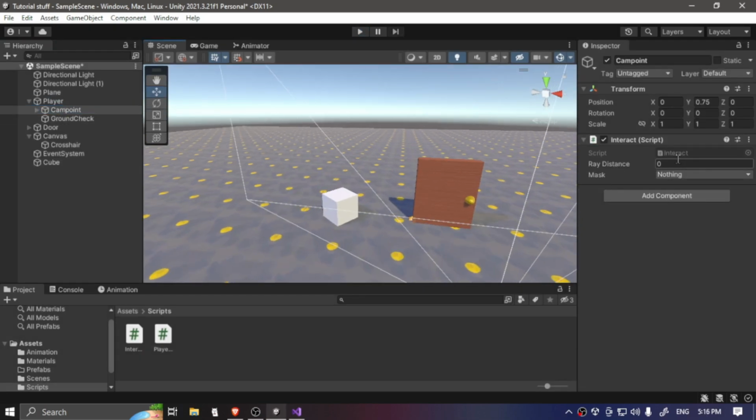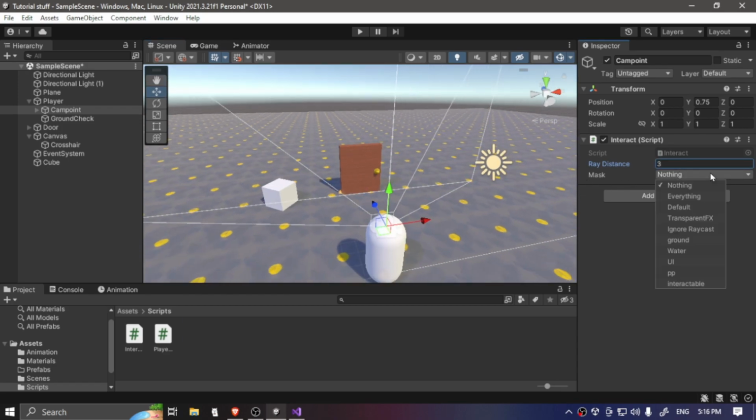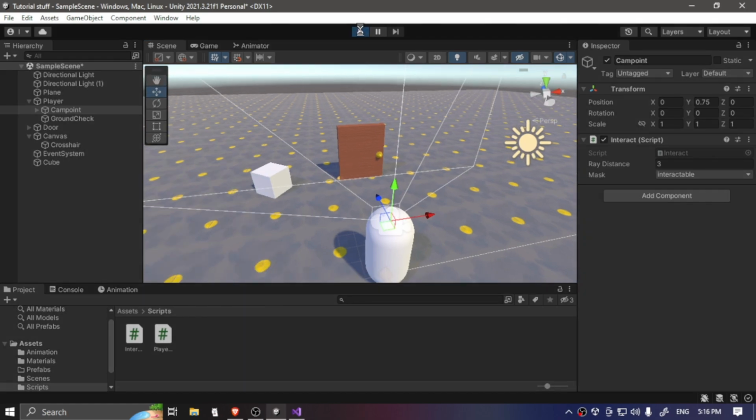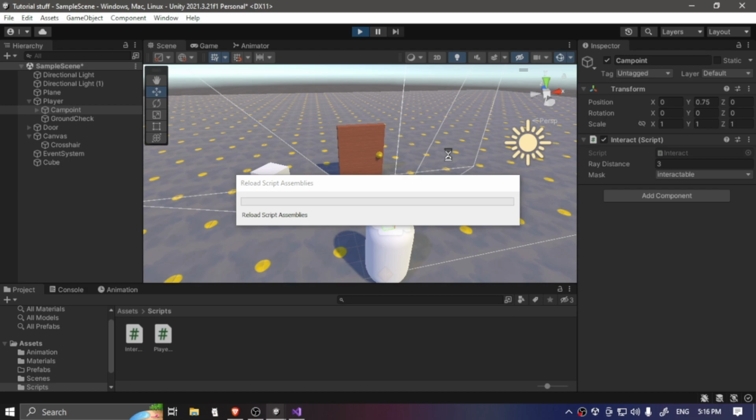So now we have the interact script. For the ray distance, let's say 3, and the mask is PP. Just kidding, no, that's just called processing in short. So we want the layer mask to be interactable. That basically means it only interacts on that layer specifically. So if we run our game,